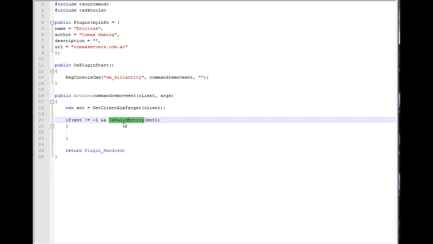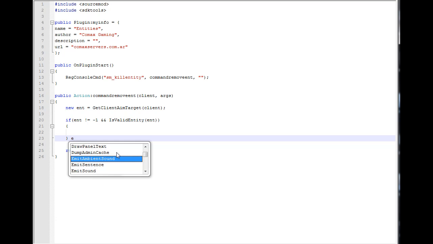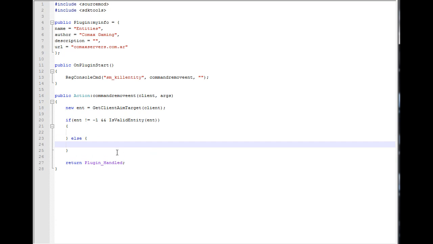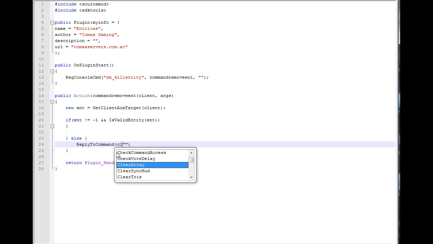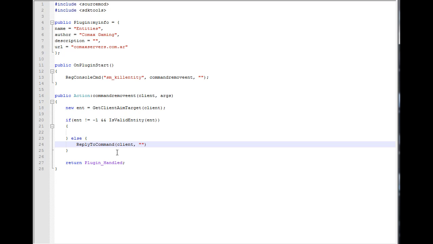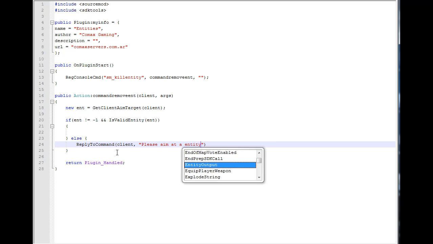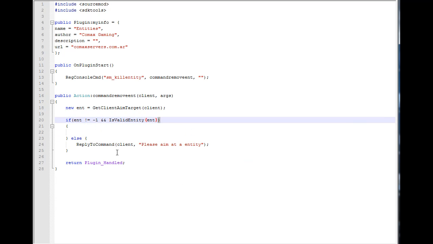So it's going to say if this is an invalid entity, okay, then we're going to go here, and also if this doesn't equal -1. So we're going to say else. I want to reply to the client with ReplyToCommand. I want to say, please aim at an entity, because most likely this is going to happen if you're staring at the floor or at a brush that's not an entity. So yeah. In here we want to say